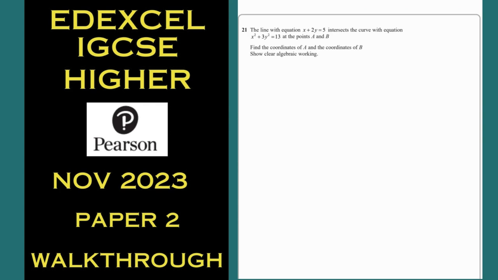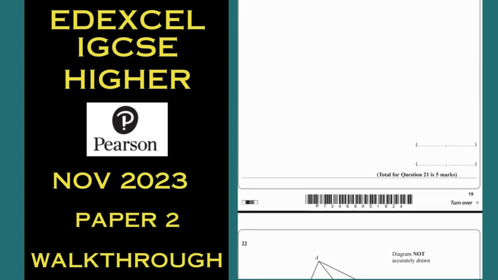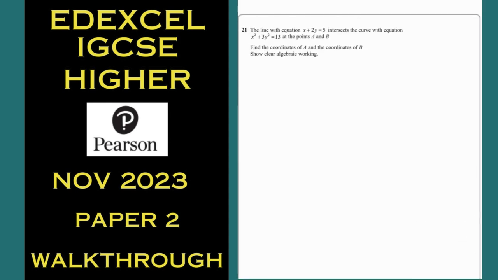Number 21. Wordy, as you can see, says find. Now this is one of those questions where it does ask for the answer in coordinates, but as a big clue, they've already done it like that. So here we go. Top equation, the first equation, the linear. I'm going to subtract 2y from both sides. And that can now be replaced in there. So we have to square it,